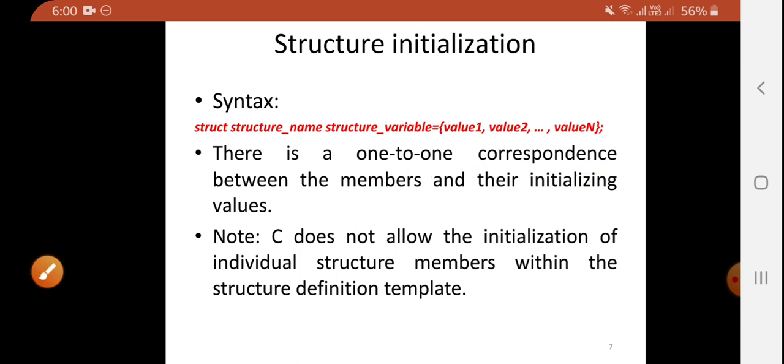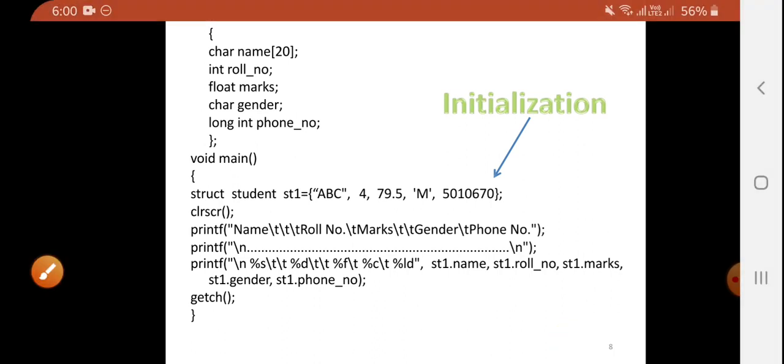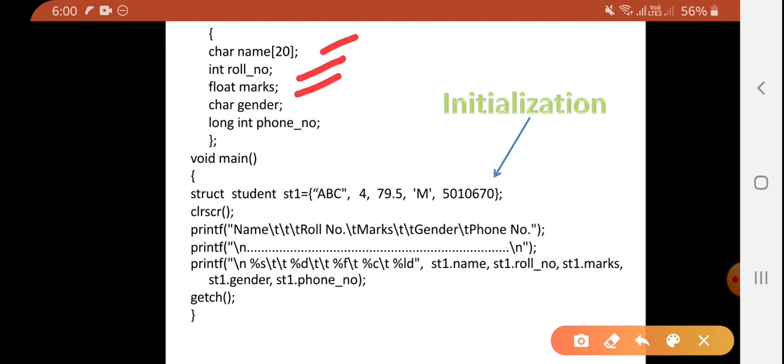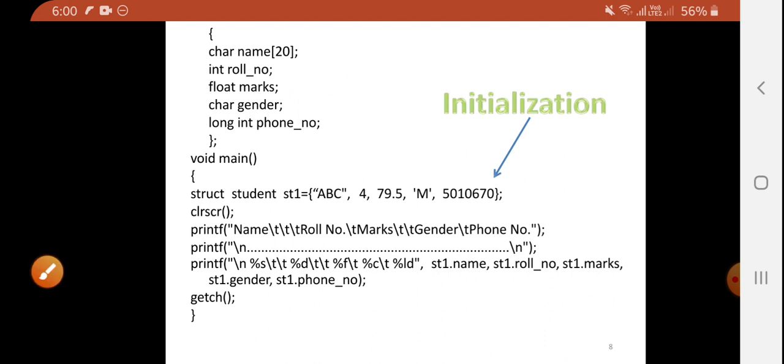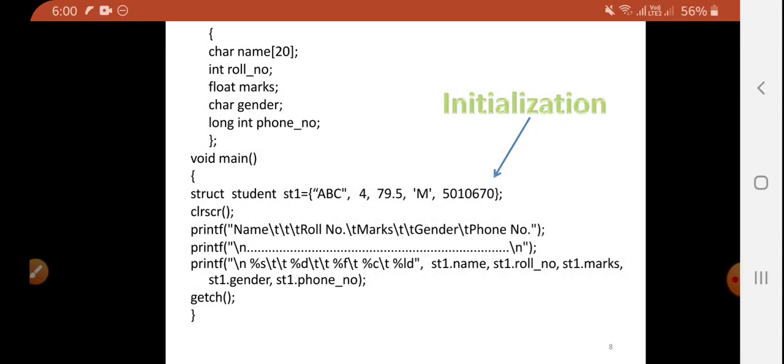We will see this with the help of an example. See, we have declared a structure student which contains name, roll number, marks, gender and phone number. Now in order to initialize a structure, first we have to create a variable.